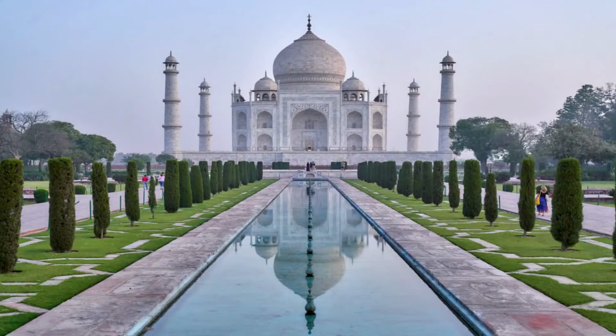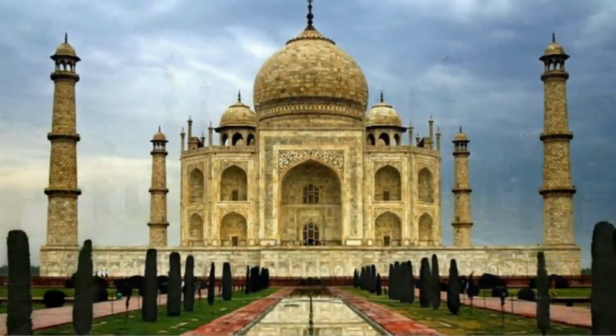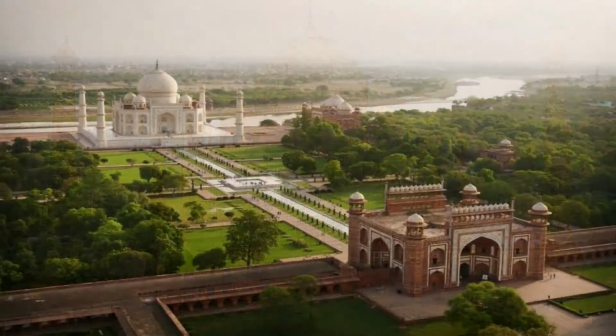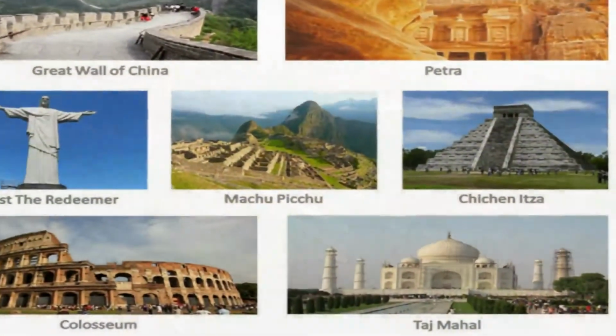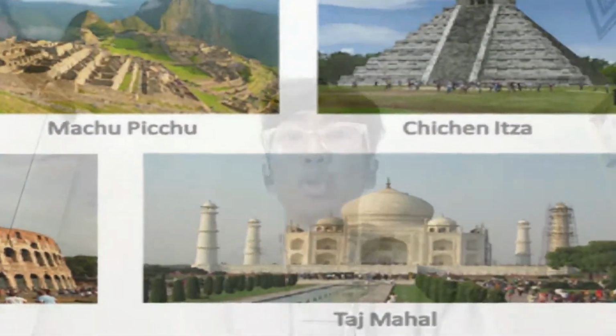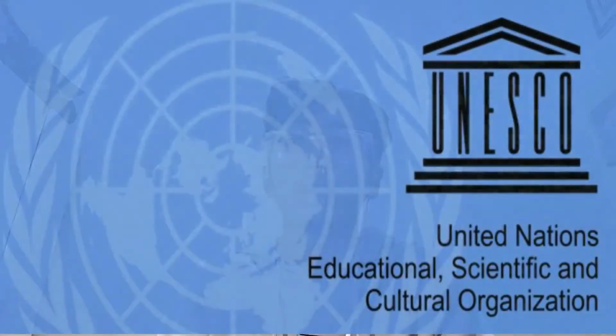Okay, right now I want to talk about the history of Taj Mahal. Do you know Taj Mahal? Taj Mahal is an immense mausoleum of white marble, ivory, and it is known as the most amazing tomb all around the world. Taj Mahal is also best known as one of the 7 magical places that have ever been created. Next, UNESCO announced Taj Mahal as a UNESCO World Heritage Site in 1983, as the place indeed needs a full